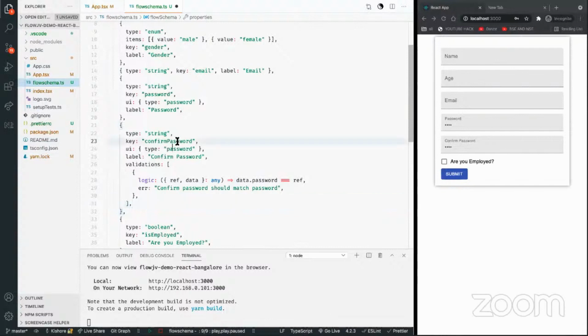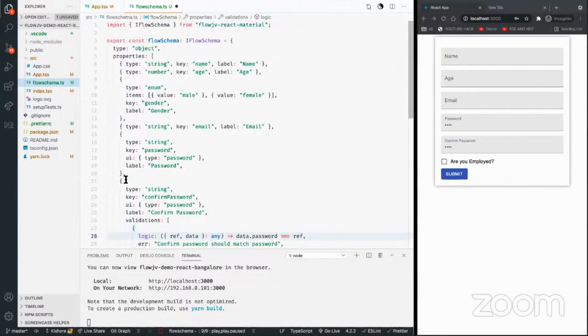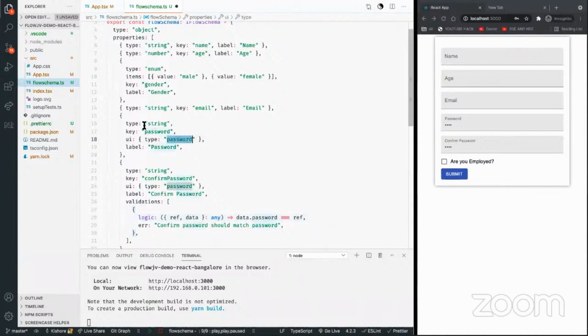So in confirm password, we're going to say that, all right, for validations, I want to execute this logic where I want to make sure that data.password, data is nothing but the object, the value we are collecting from the user. In this case, password is going to be stored in data.password, and that password should be equal to the ref. Ref is nothing but the property under validation.